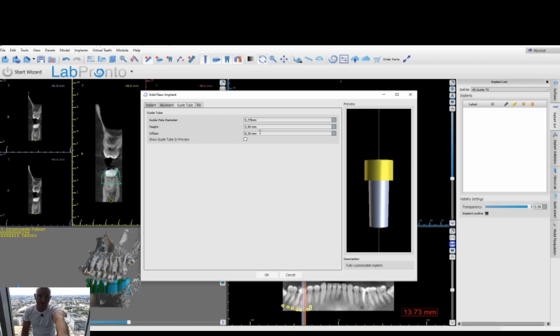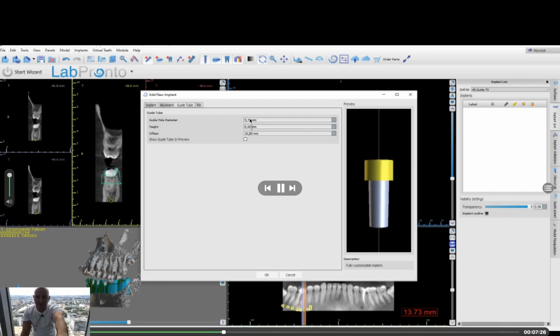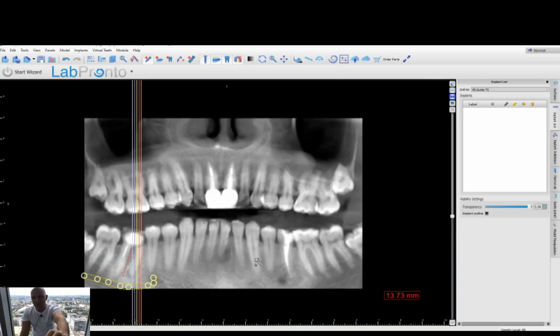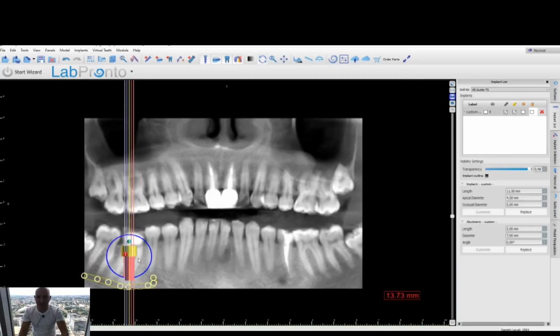Little tip here: as you use your 3D printer to print your guide, give here a couple millimeters, not millimeters, but hundreds of millimeters more, to not have your hole too tight, because your drill won't be able to fit in it. Okay, so we place our implant first on panoramic view, and now we will use our CT scans and